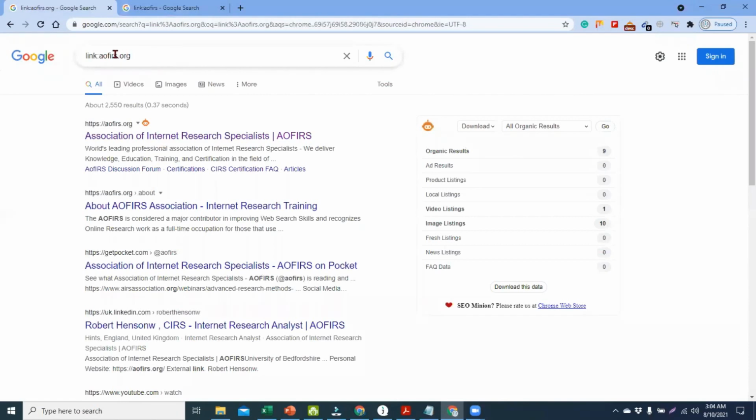Now, link is going to get me all the links that are out there, which are floating around in the indexes, but not necessarily coming from my own original website. If I just use it as a word, or if I use it as a domain, then the domain is considered to be a search term. So anything that is going to be after the link colon is considered words and not as a domain. So you don't necessarily have to place the domain name entirely with the dot extension in it. So even though I've used AOFIRS.org,